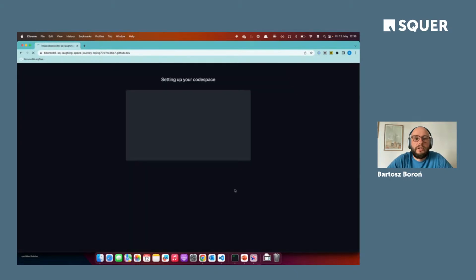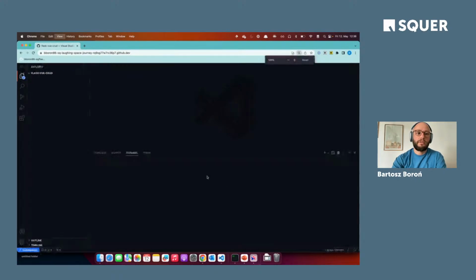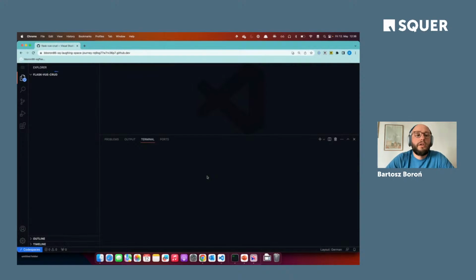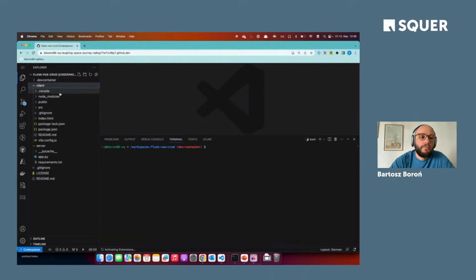And to demonstrate this, I just open it in the browser. Setting up Codespace. Yeah, the Codespace should be present. Now the repository, the mounts are being initialized. Again, I see my code. I see a terminal window.